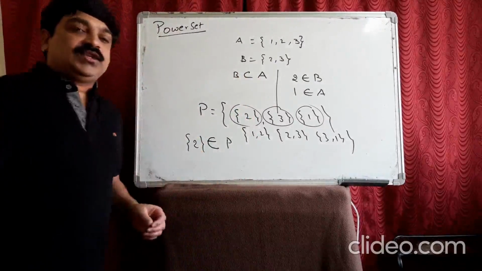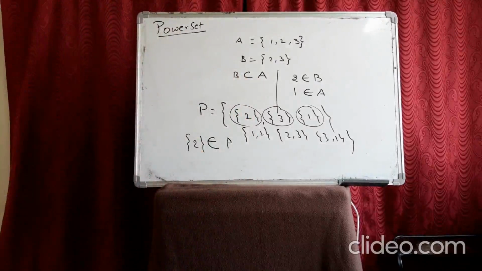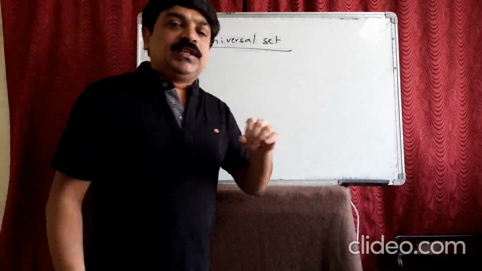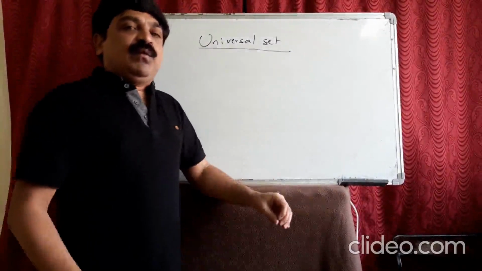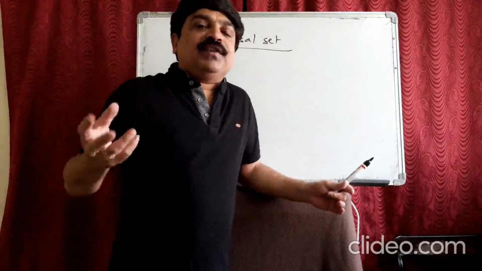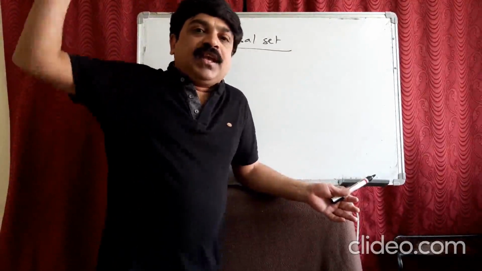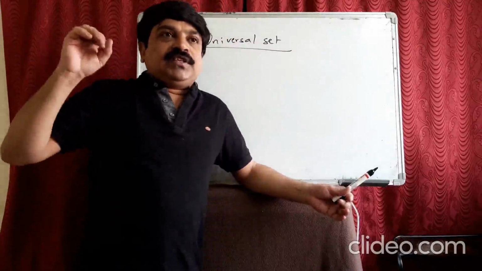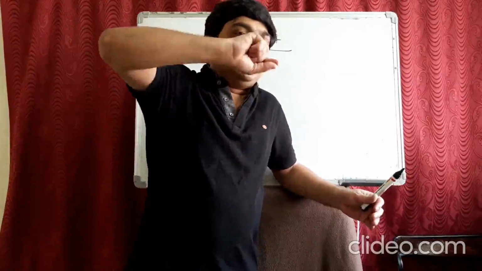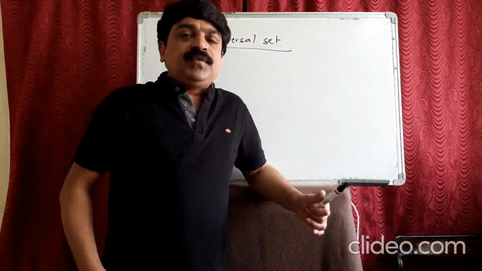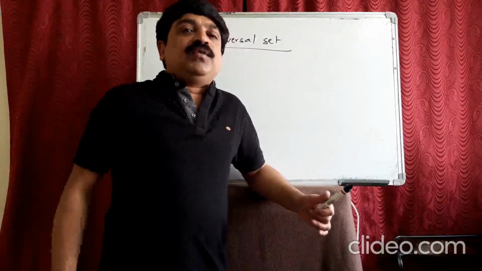Okay. Now let's go to the next definition. Universal set. What is a universal set? The universal set is that set from which we take all the elements. Suppose you are writing some sets of numbers, where do those numbers come from? They come from real numbers. So real numbers can be taken as the universal set. The basic definition of universal set is that whatever sets you define, those elements should be taken from the basic mother set. That set is called a universal set. That means these elements should be there in that universal set.